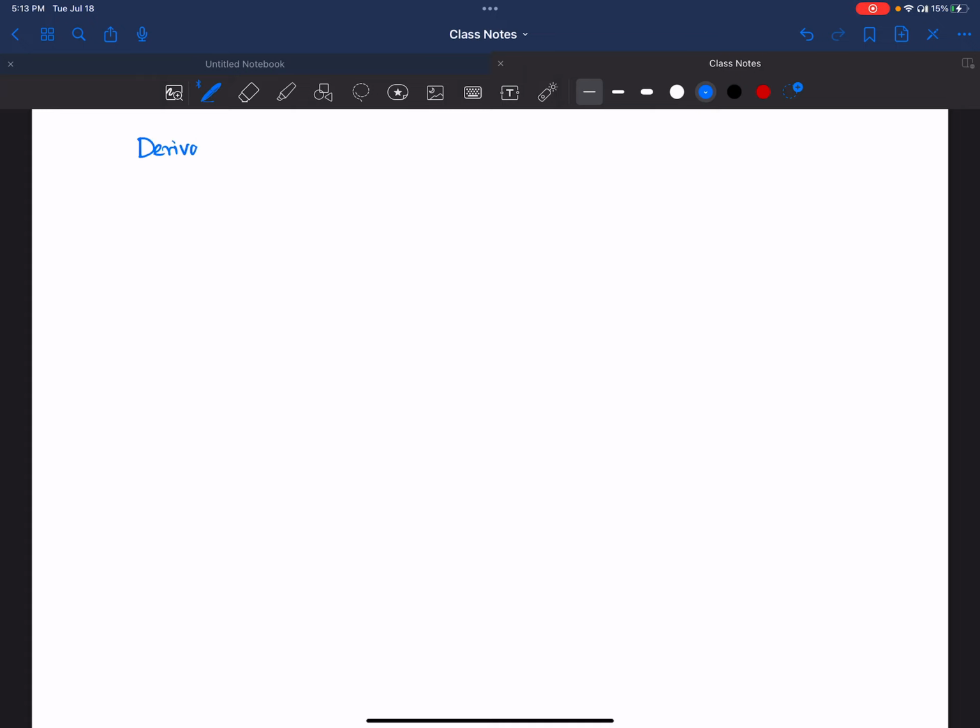Derivatives of trigonometric functions. So first we take the derivatives of sine and cosine, then we're going to look at how we can generate the derivatives of other functions. Let's take